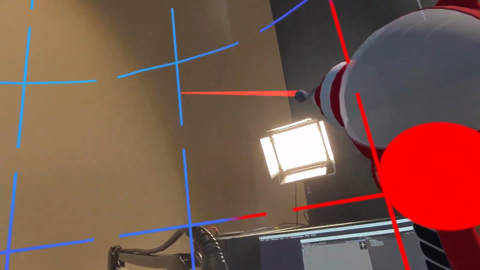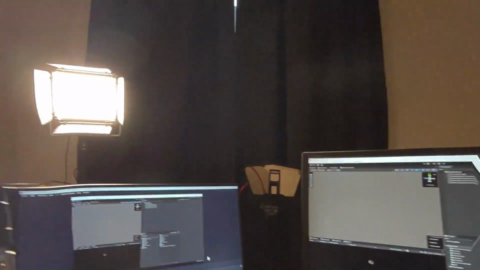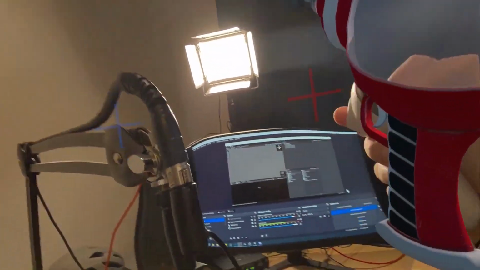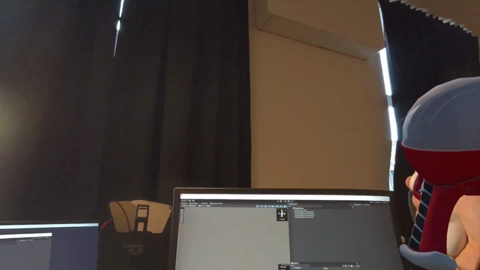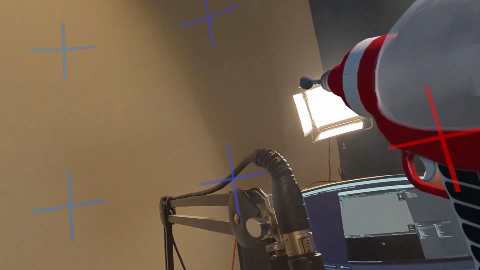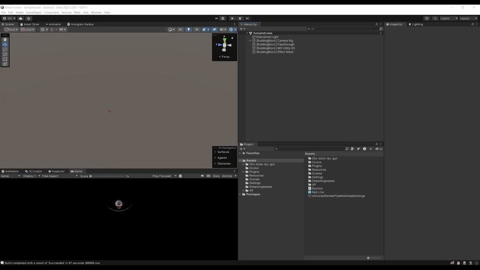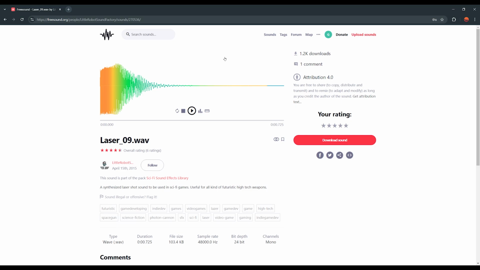But I think that we can still improve this awesome Raygun in two ways. First, we will add a sound to be played when we shoot, and then I also want to add a certain impact on the wall to also show you how we can get the normal information of the object that we collide with. Okay, so for the sound, I'm going to use this awesome free sound that I found on